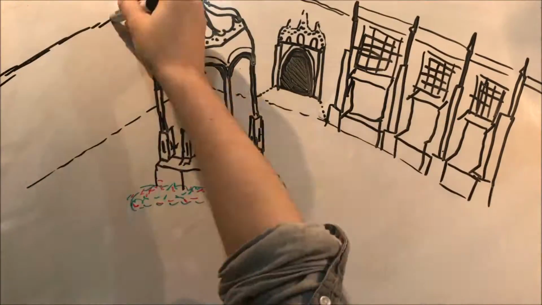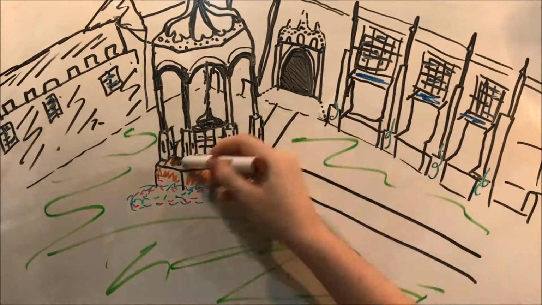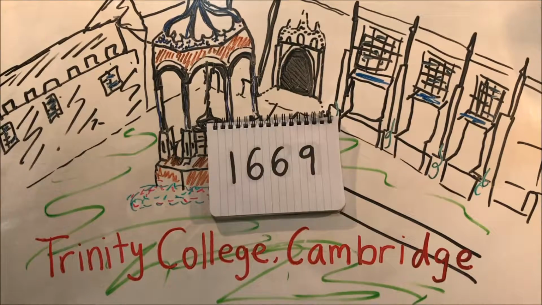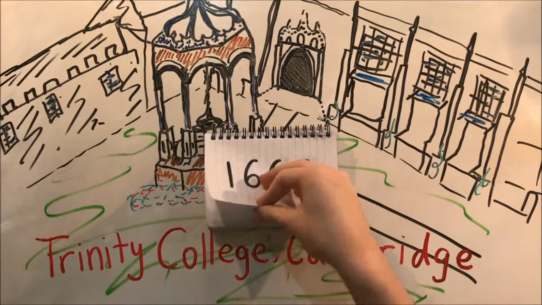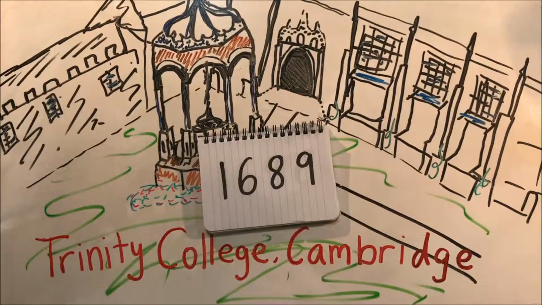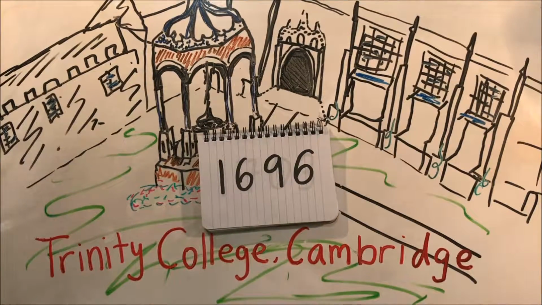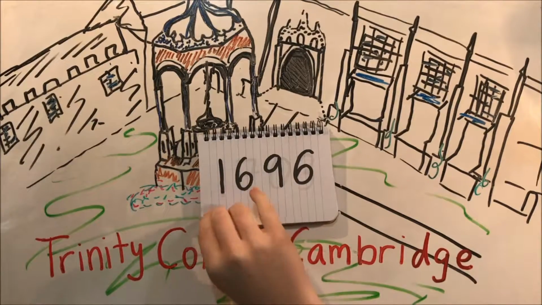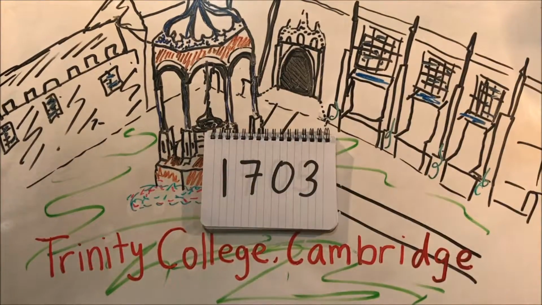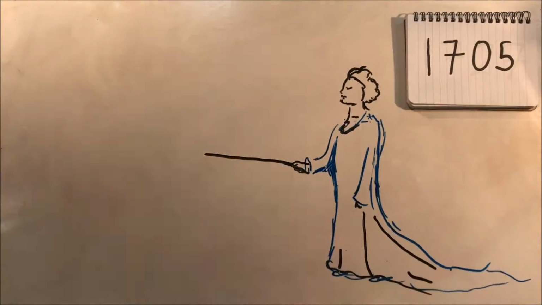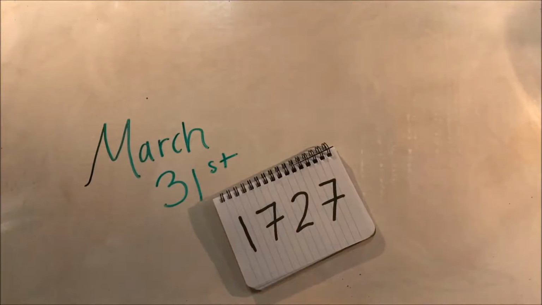By 1669, Newton had become the Lucasian Professor of Mathematics at Cambridge, and then in 1689 was a representative of Cambridge in Parliament. By 1696, he was appointed Warden of the Mint and soon after Master of the Mint. In the years after 1703, he held the position of the President of the Royal Science Society, and by 1705 he had been knighted, until his death on March 31st, 1727.